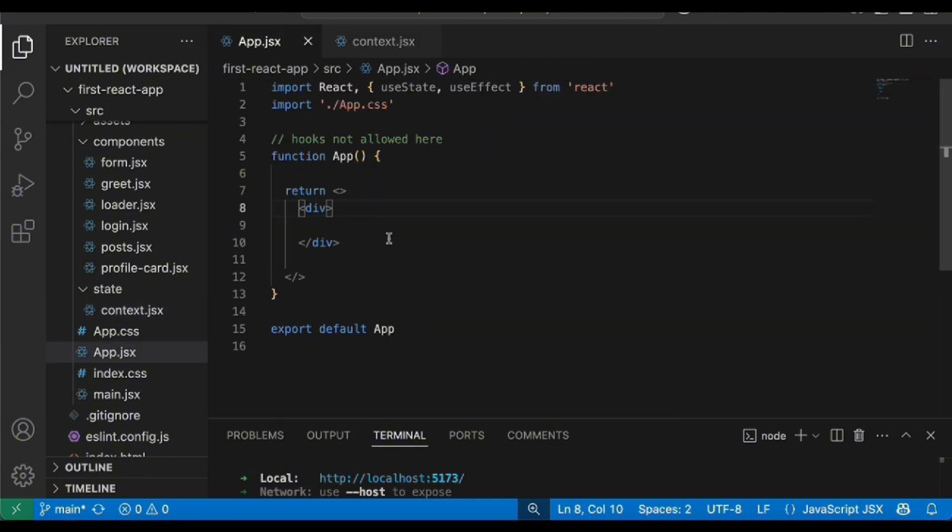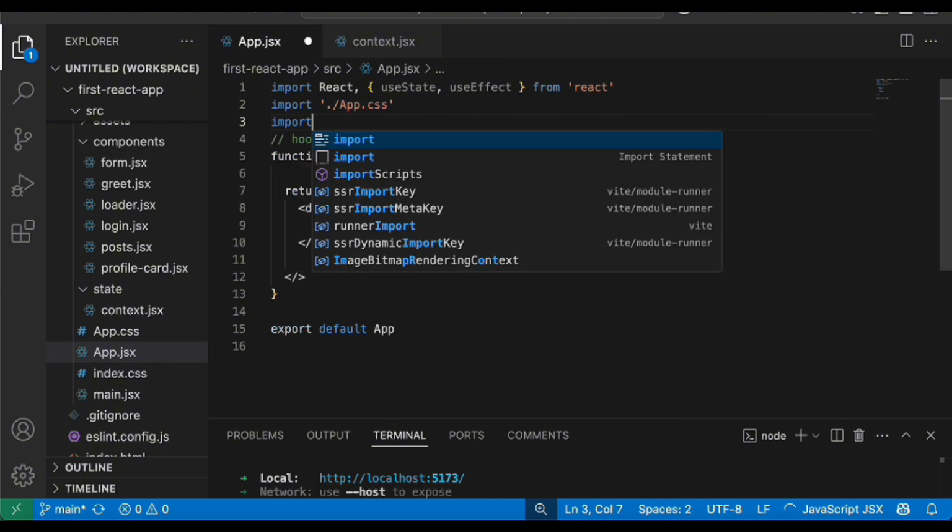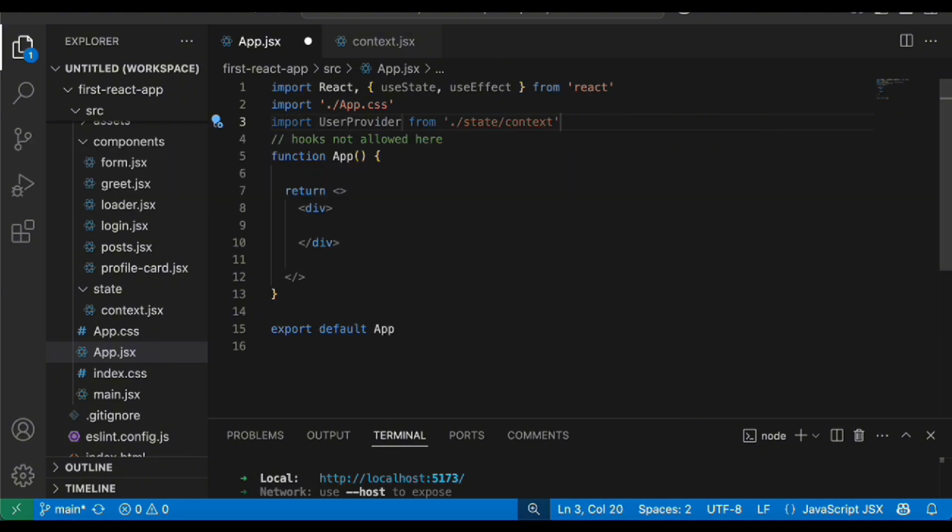How do we do that? We're going to import our UserProvider in our app.jsx. So I'm going to say import UserProvider from our state. We're importing it in our app.jsx, right? After doing that, the next thing we're going to do is to wrap our component with the UserProvider. So this is going to be